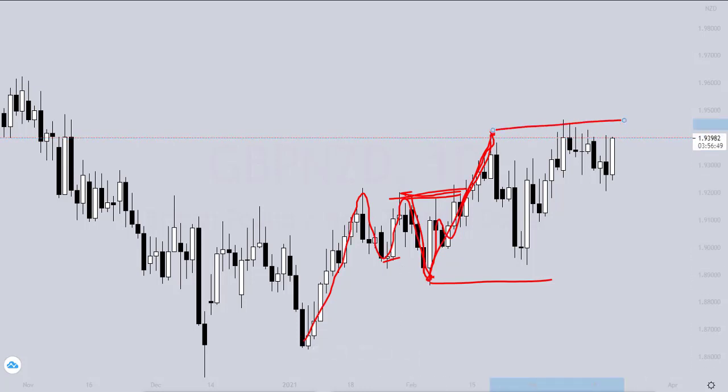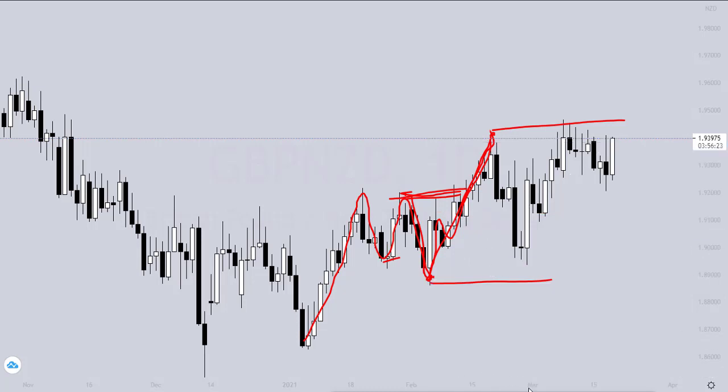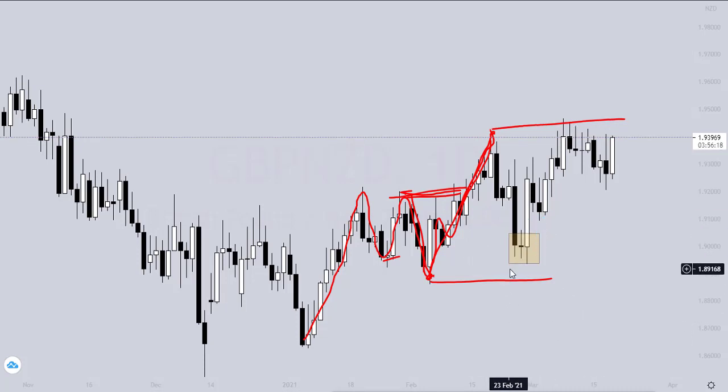And I'm going to wait for market to come back into my discount zone below 50% of my Fibonacci. This is my Fibonacci. As you can see, I use 0, 100 and 50. I want market to come back below 50% of my Fibonacci into the level of my interest. And then I'm going to find a reversal in this level. Once I get a reversal here, I will use the same method. I'm going to buy GBPNZD, and my target is going to be